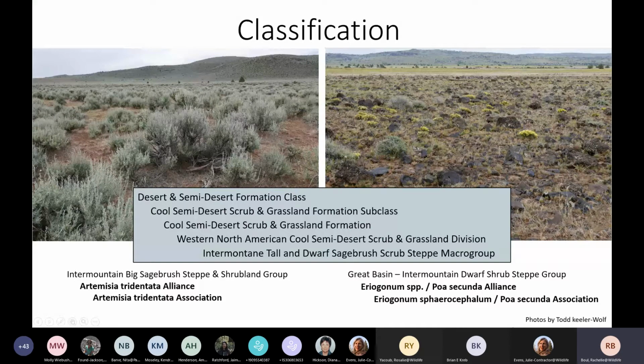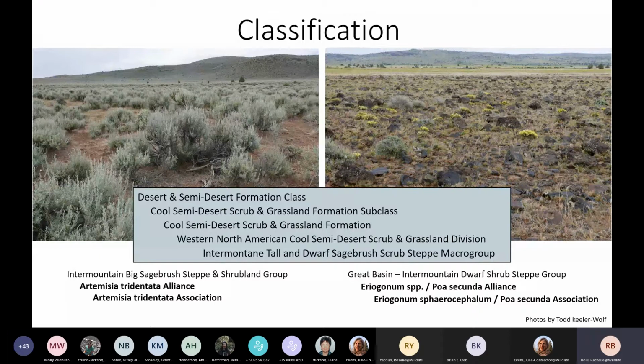They fall within the same macro group here. They fall within the same class, subclass, formation, division, and macro group. The macro group is intermontane, tall, and dwarf sagebrush scrub steppe macro group, which tells us that they're both found in the intermontane western US, where the landscape is dominated by sagebrush communities,